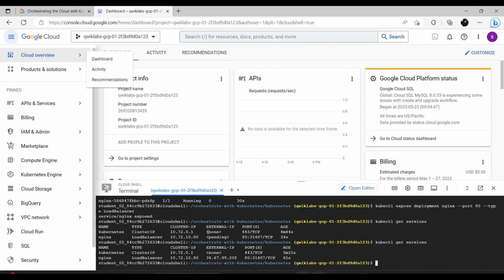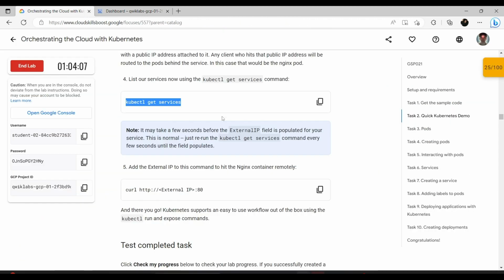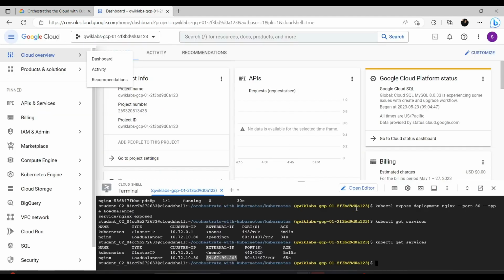At first it was pending, and now we got this IP. I think we will need this. Yep, we saw it. Let's add the external IP to this command to hit the Nginx container remotely. So let's copy the command, let's paste it here, and for external IP, let's copy the